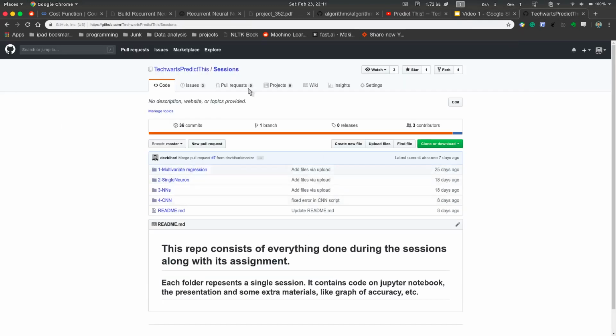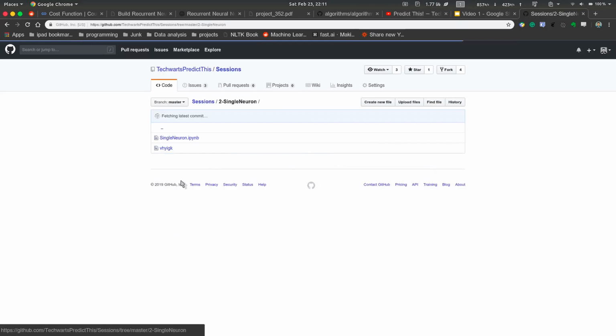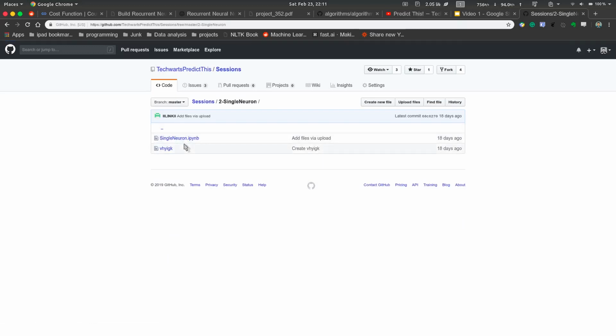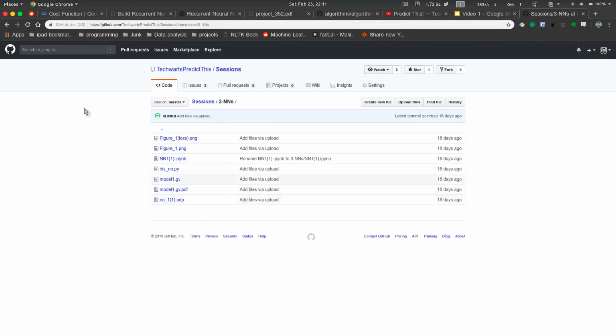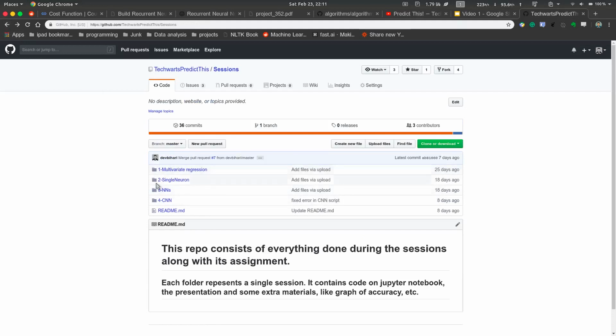So as I showed you, this is our repository, and these are the different folders that we have. So you can find the file for single neuron, you can find the data set for it, and you can find all sorts of things. Everything related to it, the PDF, the code and the data set, everything is there in this repository, and session wise data is properly structured so that you can easily follow on. So in this video, what we're going to be doing is